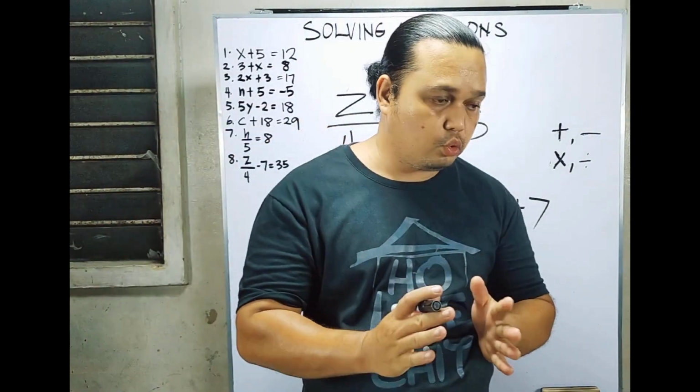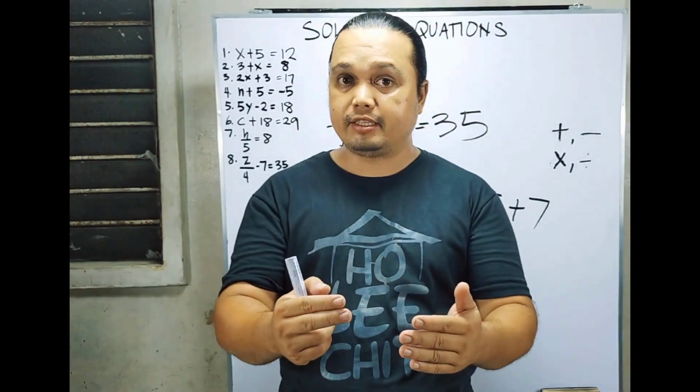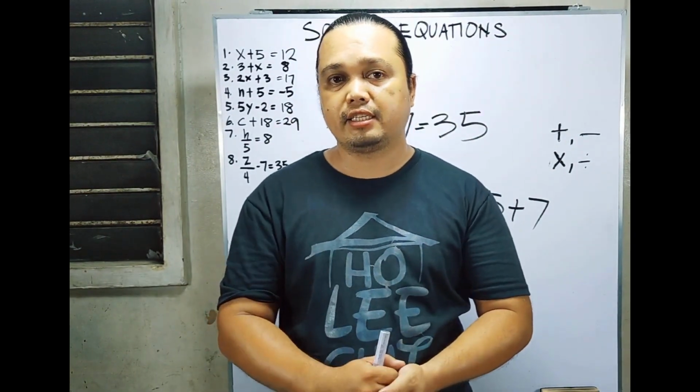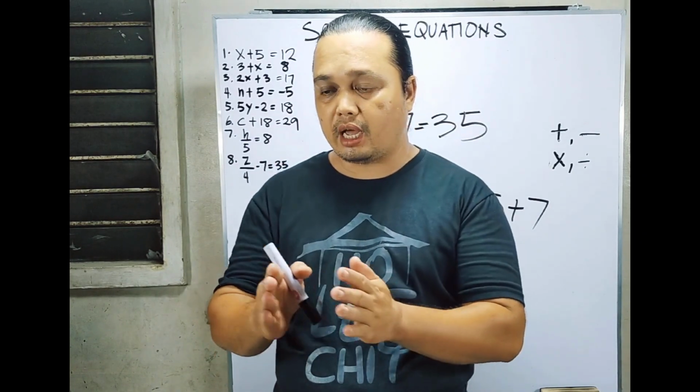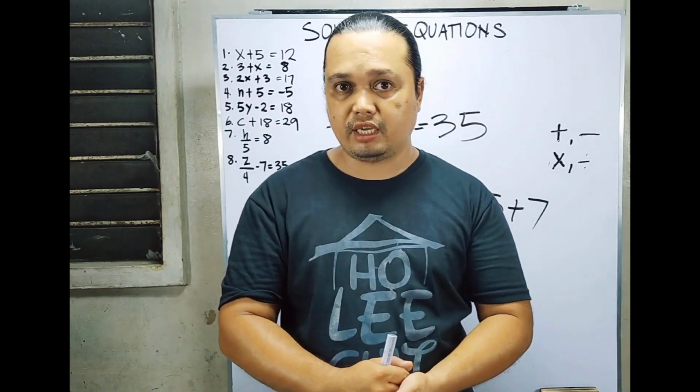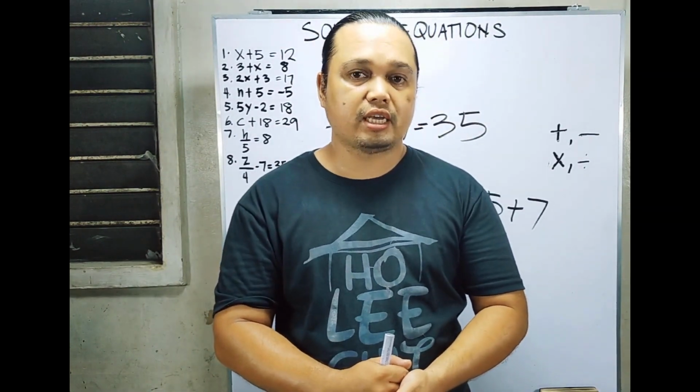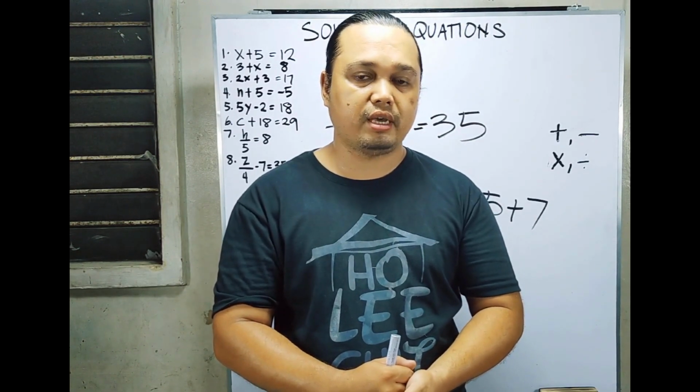What we need to do is just get rid of all the constants, depending on where the variable is, either to the left or to the right side of the equation. Okay, so